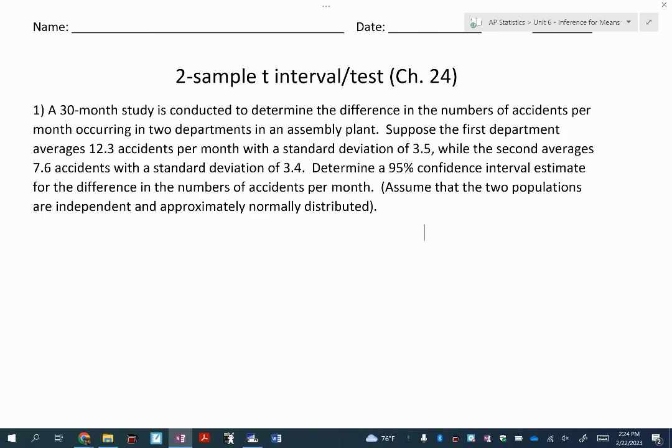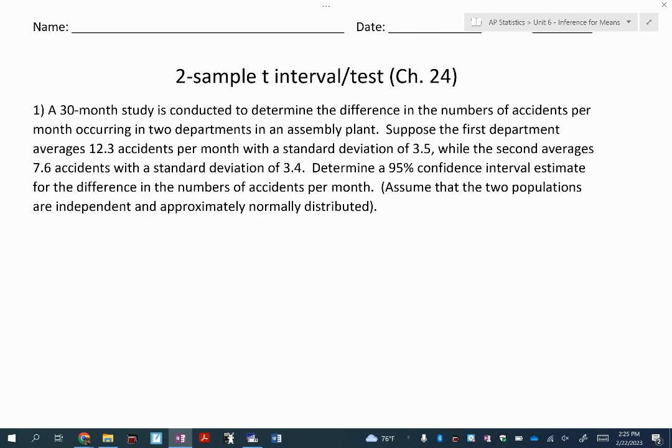Anyway, we're here with our P3 class, ready to run a 2-sample T interval. So, what's the first thing I'm going to do? Assume, right? Even though they say don't assume, we're assuming. I don't need any parameters. I don't need hypotheses because we're running an interval, not a test. So tomorrow on the quiz, you will need to do the parameters. You will need to do the hypotheses. Also, tomorrow will be a test. You're right. That's only with tests.